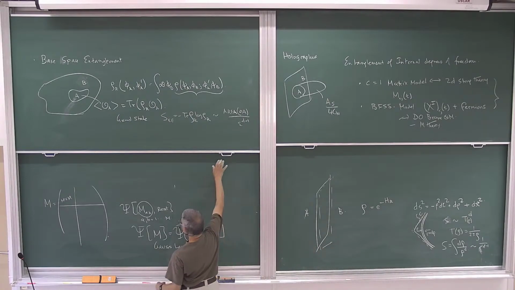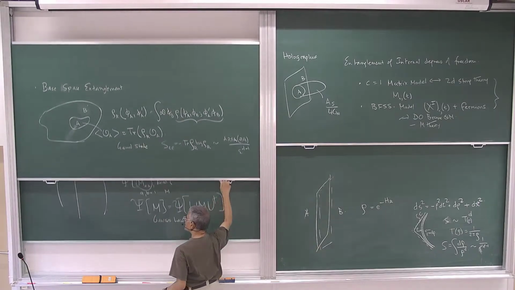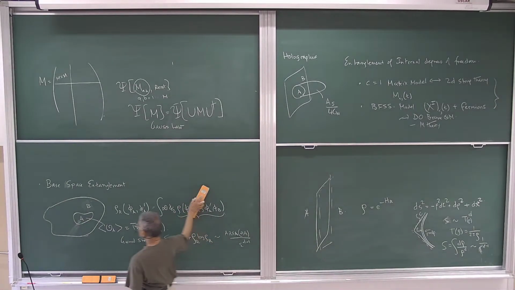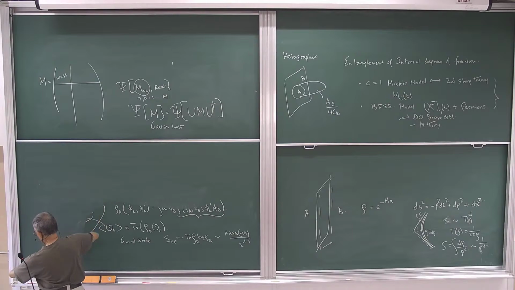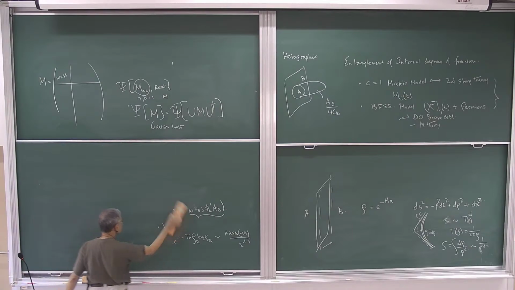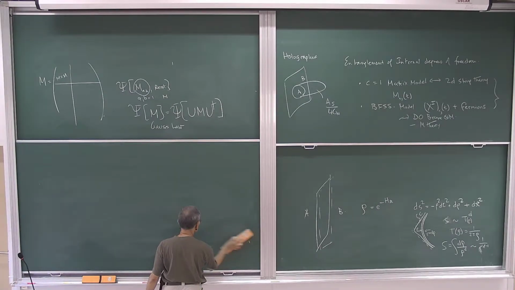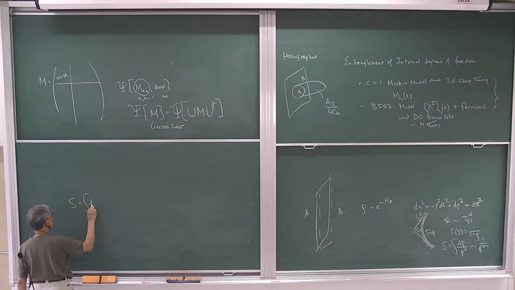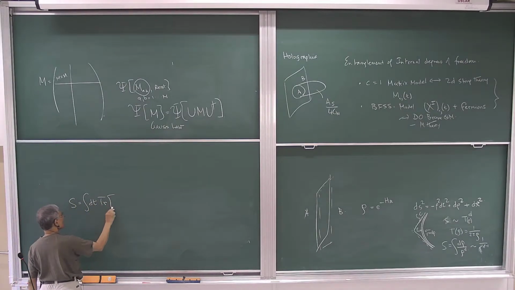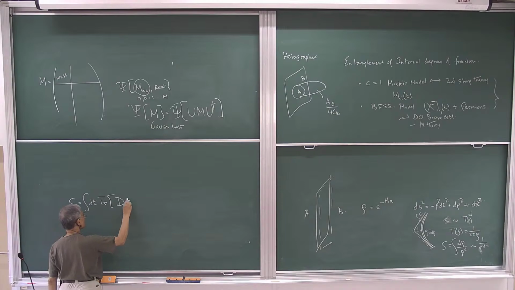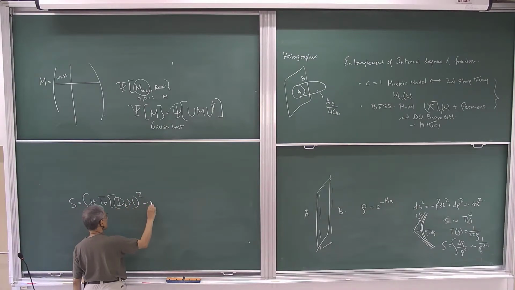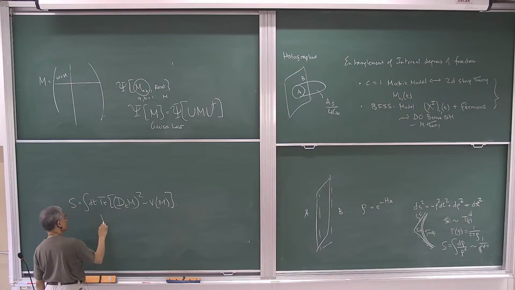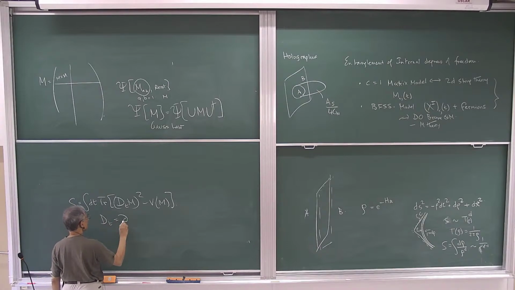So let's start thinking about a single matrix. If I have gauge quantum mechanics of a single matrix, the action would be something like this, times some potential, where dt is